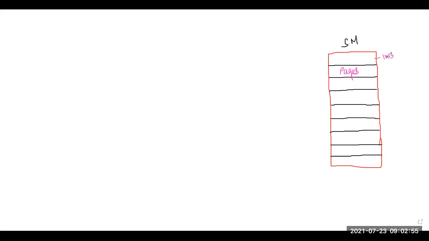This is the assumption we will consider, because if the blocks or pages are of unequal size, then it is very difficult to manage the memory. Similarly, we will have to improve the CPU efficiency. So I will have another memory in between the CPU and the secondary memory, which is called the main memory. But the size of the main memory is very less. आपका जो main memory का size होगा यहाँ पर बहुत ही कम होगा.